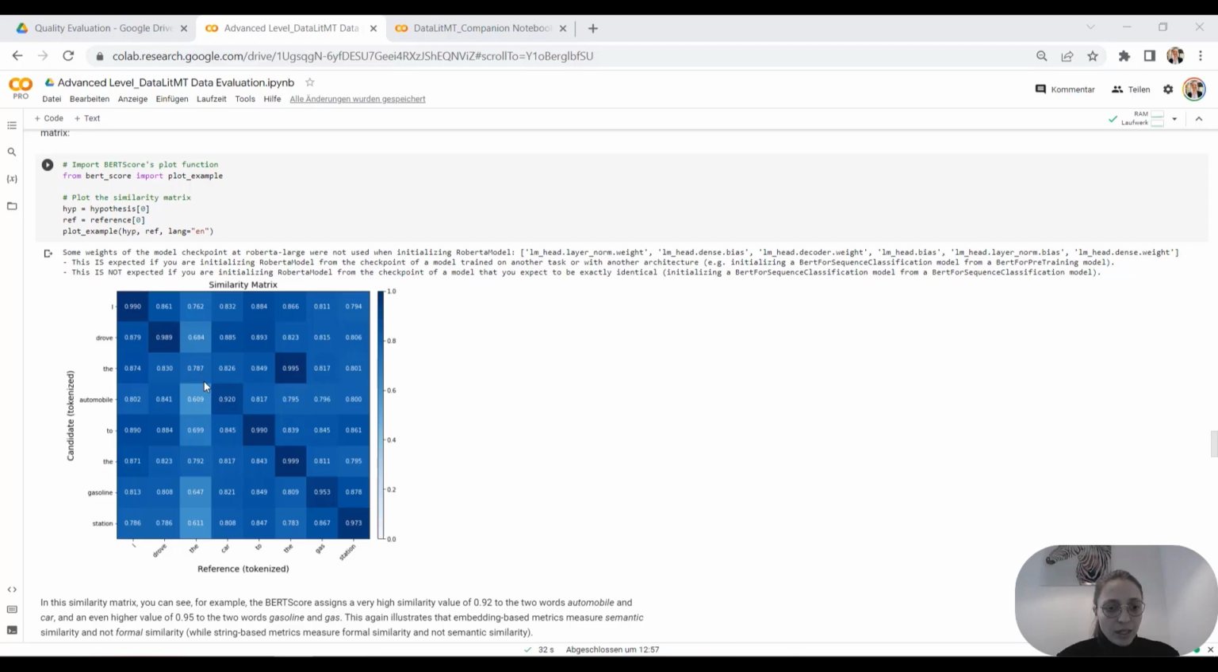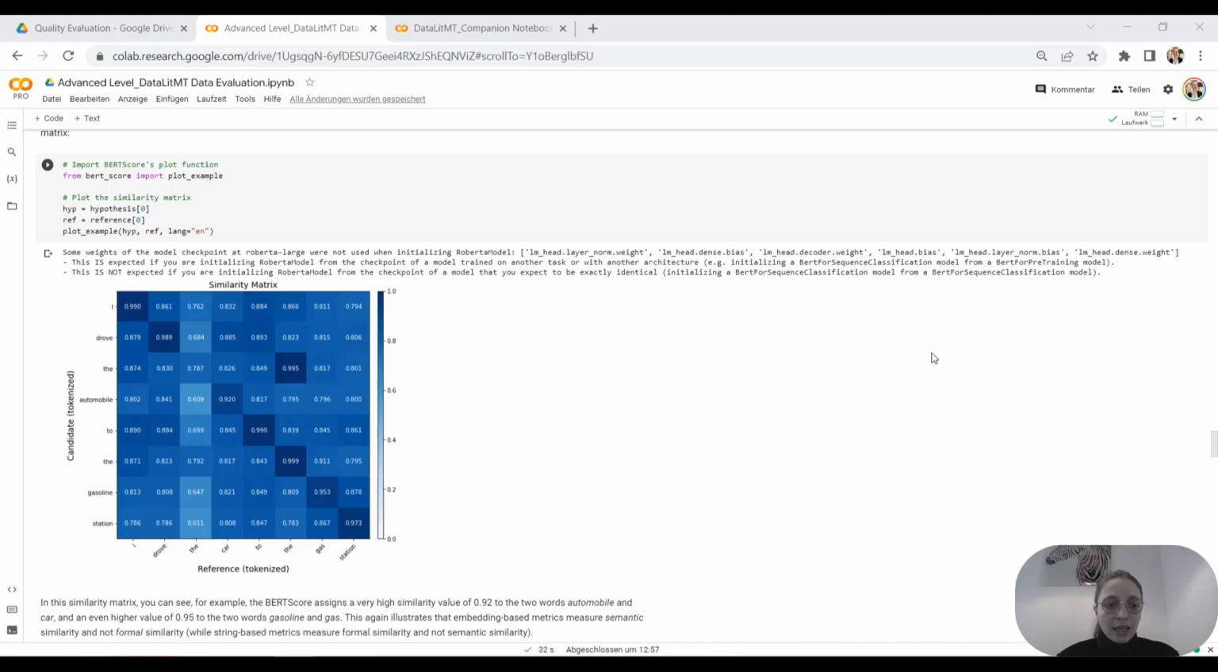And then we can see that this is the one for automobile and car, and we still get relatively high values, so we still get 0.9. And the same for gas and gasoline, we still get relatively high values. So this shows that this metric actually understands that the same meaning is being conveyed, even though different words are being used. So this is very interesting, also to have a look at the similarity matrix and to understand how